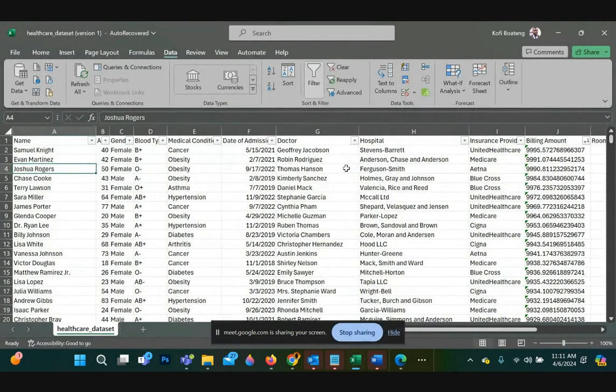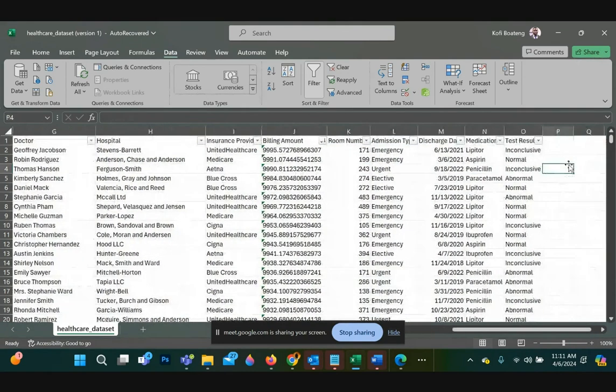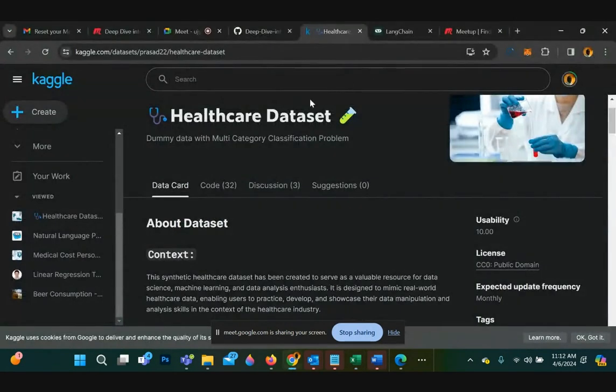It's got the patient's name, the age, the gender, blood type, medical condition, doctor's information, the hospital, and the billing information, and the room, whether it's emergency or urgent care, the medication that they are on, and then the test results. All right, so this data has already been created, and you can find that on Kaggle.